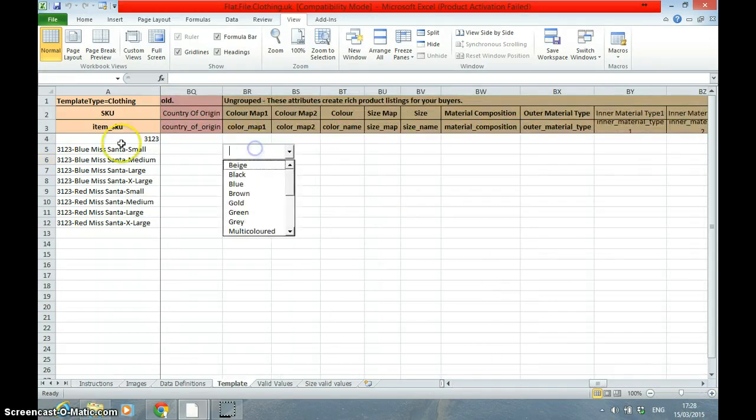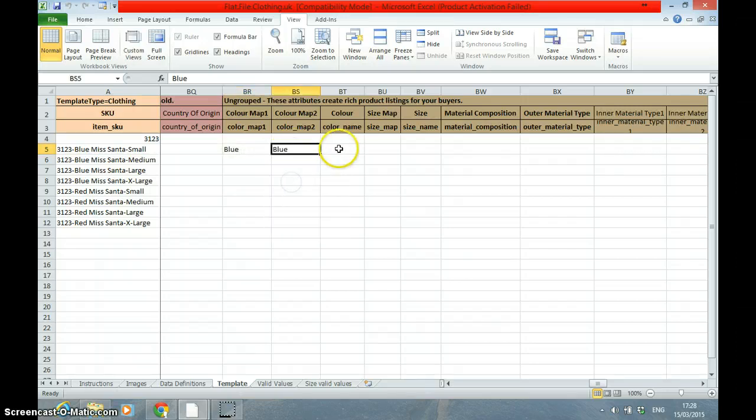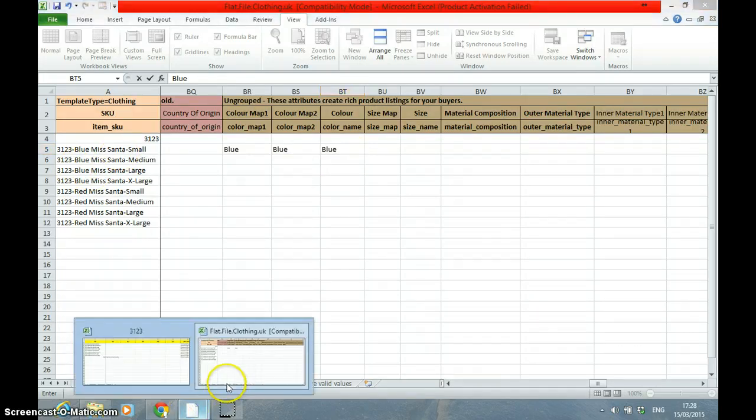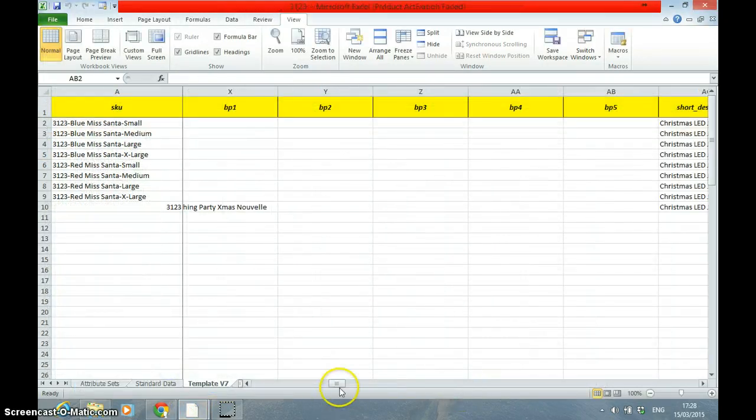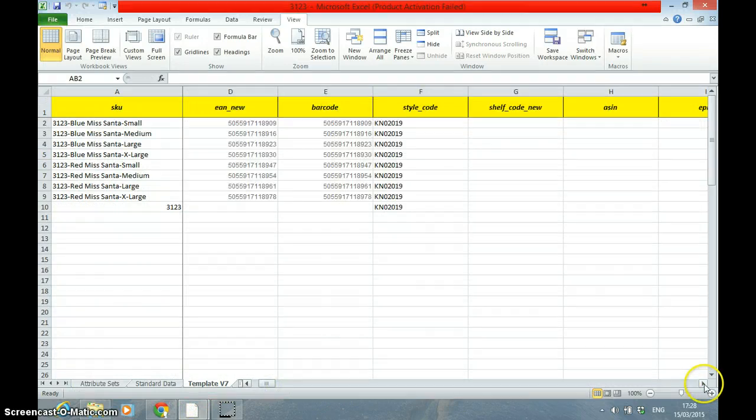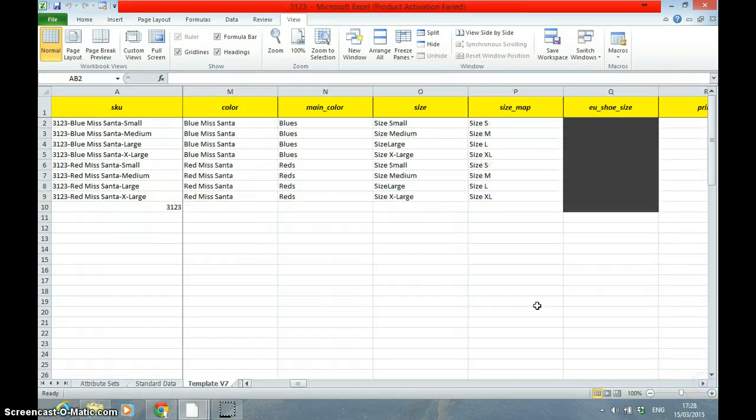Color map. Now this is blue, blue. Color map 2, blue. The color name, blue, right. For example, if it said cerise here, right. So what you can do, the second thing, you can check it from here as well. Scroll further back. Main color,